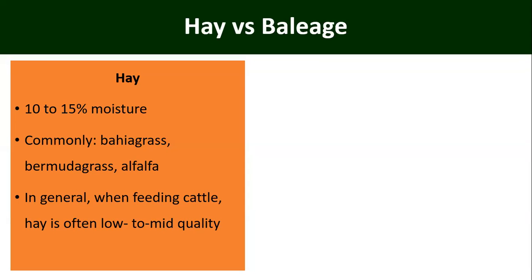Most of you may be familiar with hay. With hay, after we harvest, we want to see that material dry down to less than 15% moisture. It's commonly done with Bahia grass, Bermuda grass, alfalfa, and several other forages as well. Generally, and this is something I really wanted to emphasize, we would refer to hay as low to mid quality, because we will have a large variation of quality throughout